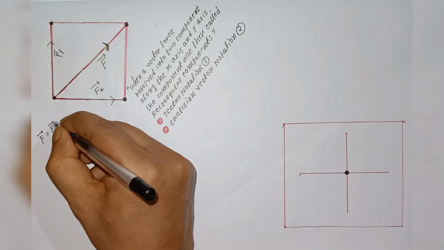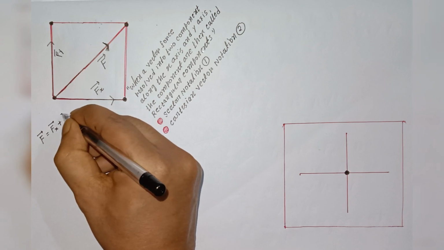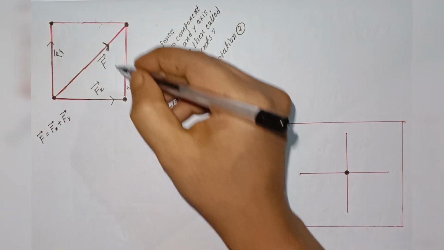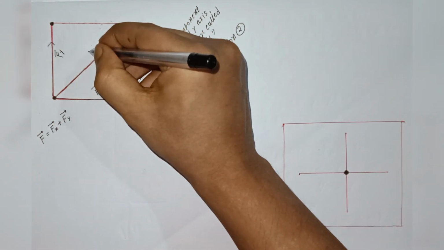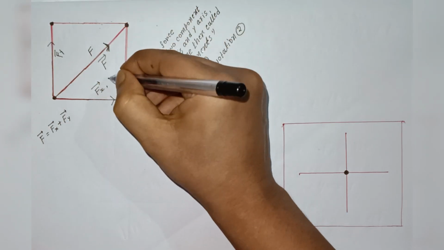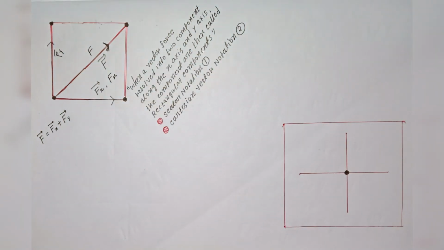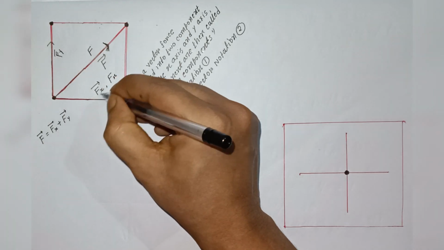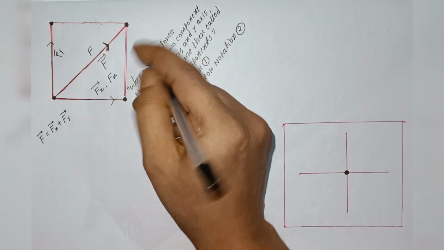Why? Because we already learned in lecture number 1 the vector addition law, like the triangle law, parallelogram law, everything. Tell me now, what's the magnitude of the F vector? Simple answer, it's just F. No drama, no extra topping, just F. Similarly, the magnitude of the Fx vector is Fx and the magnitude of the Fy vector is Fy.